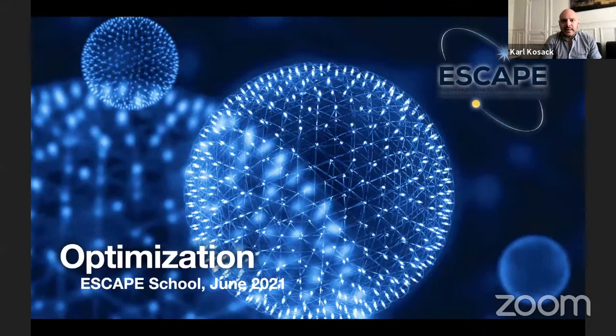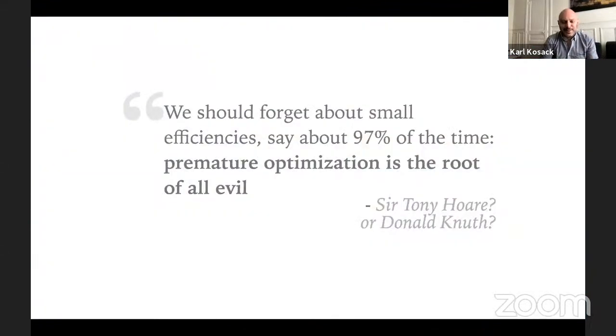The first thing, I think you've seen this quote like 5 times in one of the previous lectures last week, because I saw it pop up a few times. But you really didn't see the whole quote. The quote that you saw before was premature optimization is the root of all evil. But in fact, the longer quote is we should forget about the small efficiencies, say about 90% of the time; premature optimization is the root of all evil. So it doesn't mean you should never optimize or even prematurely optimize. It's just that most of the time you don't need to.